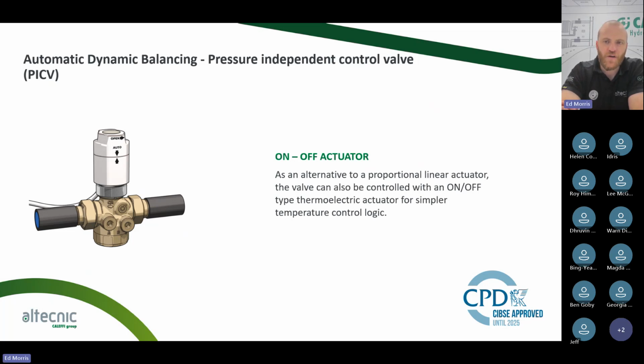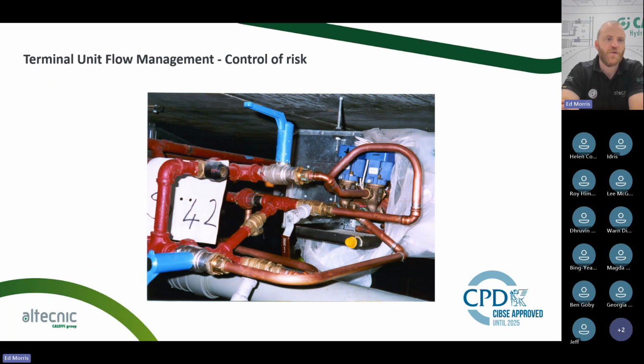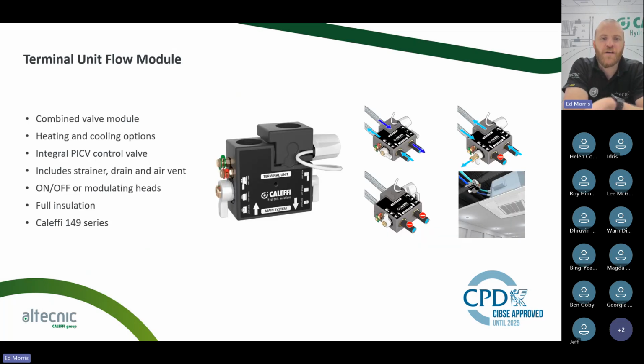And if we consider these when you're looking into terminal units and the flow rate management and the control of risk, an example there of an older way of doing it perhaps. Multiple valves, multiple joints. You can see the amount of time it would take an engineer to install that and isolate and insulate the whole unit afterwards, versus perhaps a more modern way of looking at things with the terminal unit